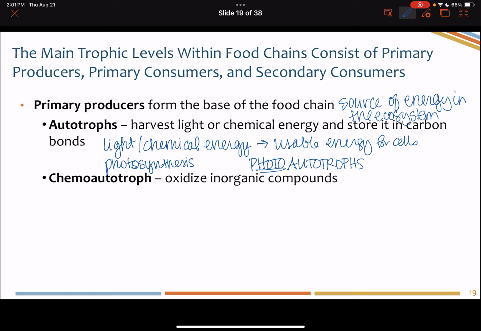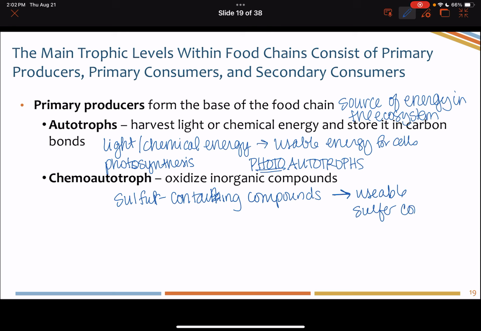These are organisms that take inorganic compounds, such as sulfur-containing compounds, and convert them into usable sulfur-containing bonds or sulfur bonds that store